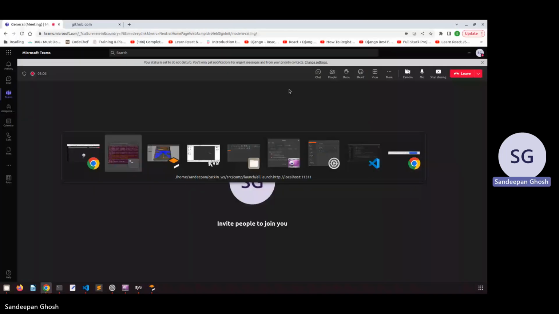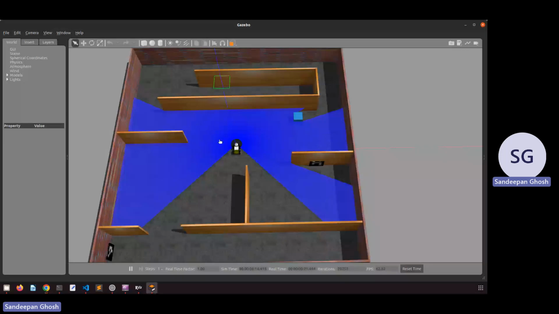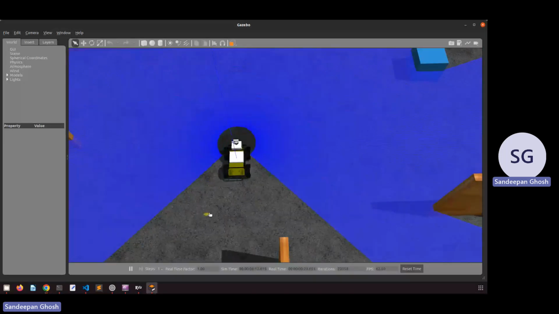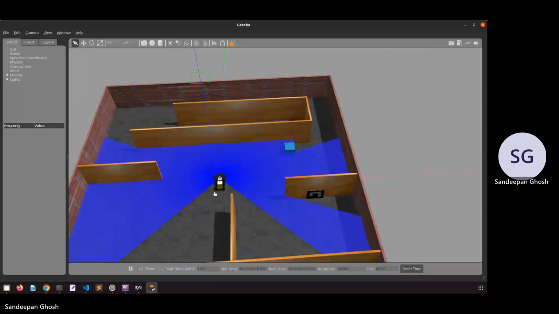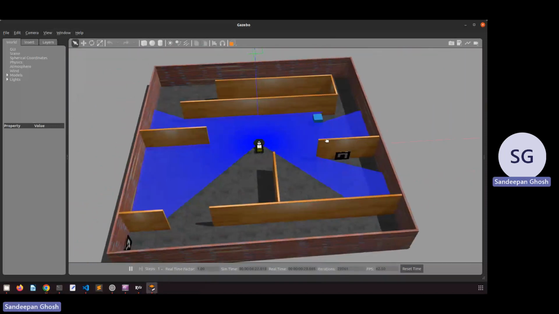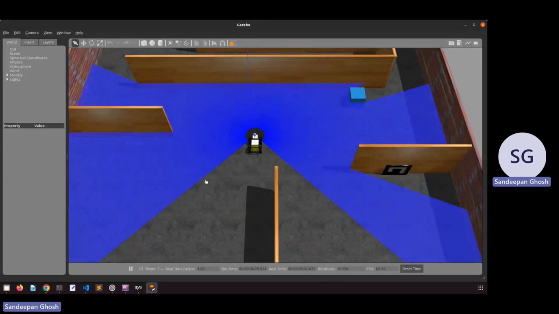As you can see, what we have today here is a good old Husky, right? A four-wheel robot. Then this is our world, we have walls, and as you can see, Husky is surrounded by these blue rays, which are something to do with the lidar, right? So it has a lidar on it, and one of the most essential things of the navigation stack is that it needs a lidar. It's one of the core fundamental things of the navigation stack, based on which everything is written, right? If you don't have a lidar, then you have to come up with other techniques,